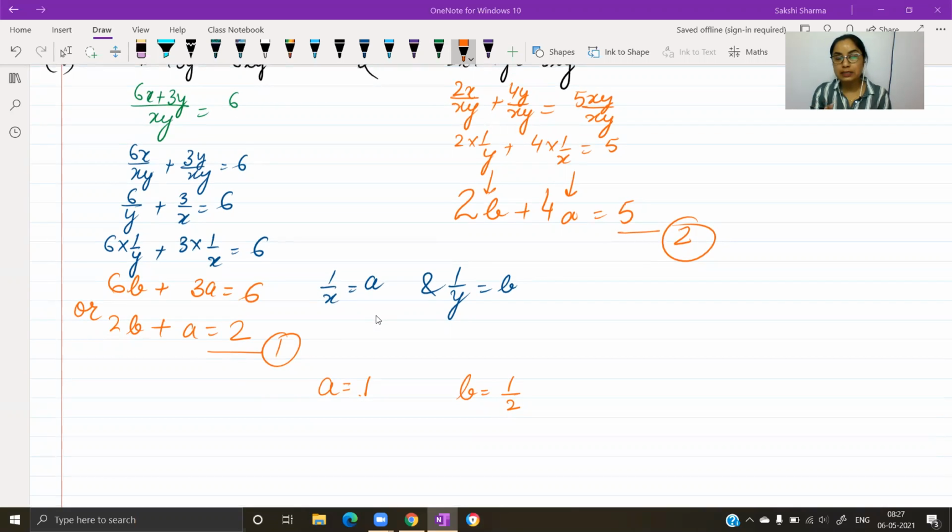If you let opposite variables, I have changed it. In the previous one, I had taken the first fractional value as u and the second fractional value as v. So your answers were 1 and 1, so there was no confusion there. Here, just be careful. The variable representing 1 by x comes out to be 1. The variable representing 1 by y comes out to be 1 by 2. This is the relation you should get: 1 by x equals 1, 1 by y equals 1 by 2. So x comes out to be 1 and y comes out to be 2.